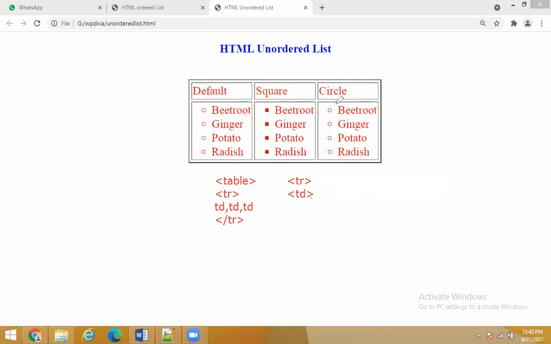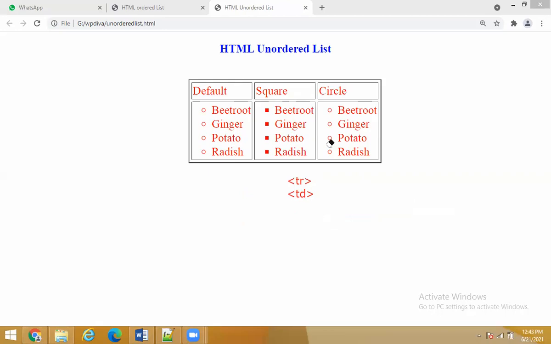Then once I open that cell, I will write UL. So what is UL here? Unordered list. So I will take unordered list. Suppose if I want to set the type, I can take type. One more thing I want to tell you, we have so many types: we can take type equals to disk, or you can take type equals to circle, or you can also take type equals to square. Am I right? You can take any of the types. You can see in the output, when you go for output, it will also take some default type.